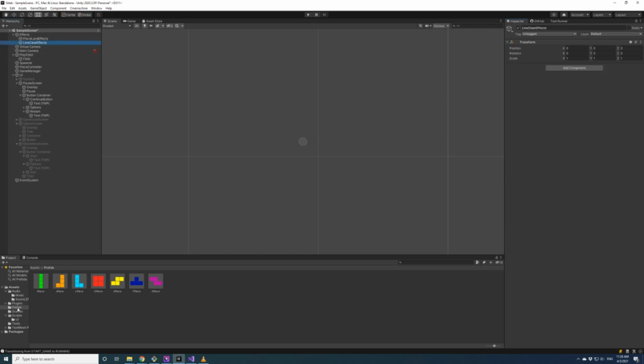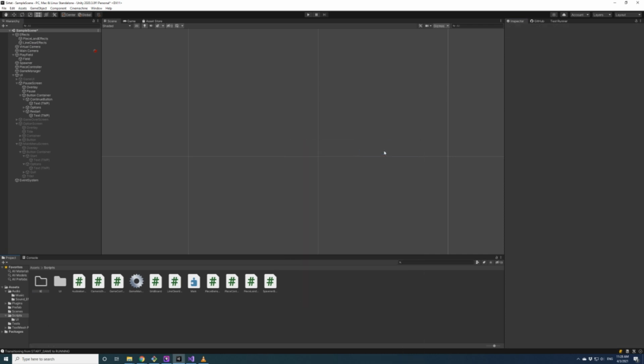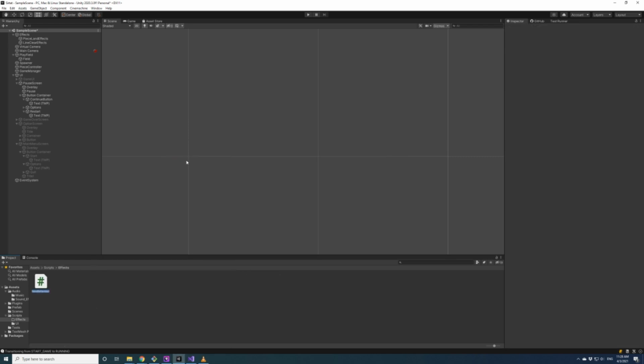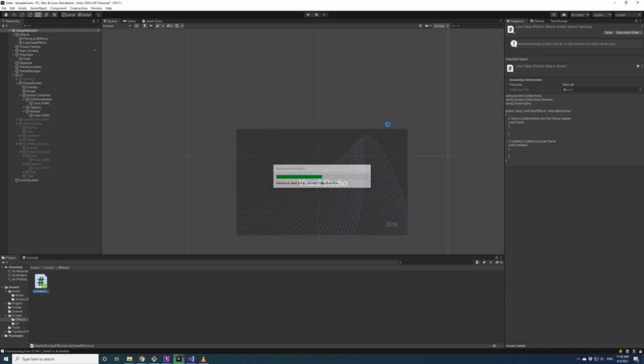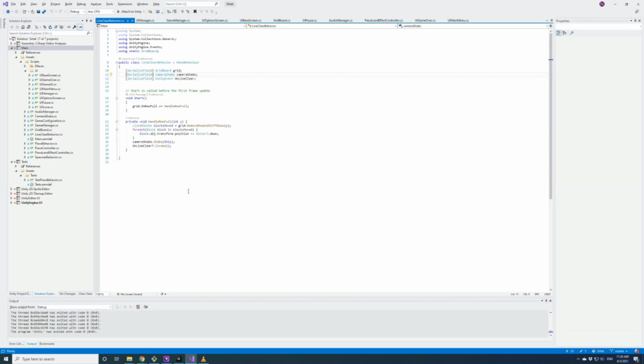So there should be in our scripts a folder for effects. Side effects, create C# line clear effects. And this, you opening a new instance of Visual Studio. We have an instance of Visual Studio. Thank you.